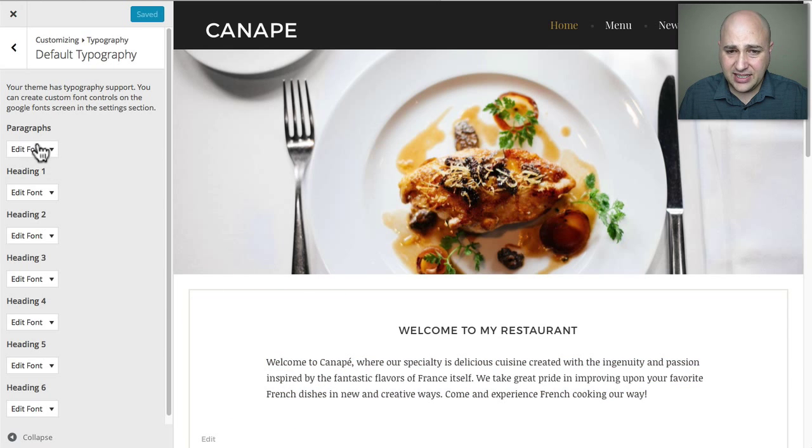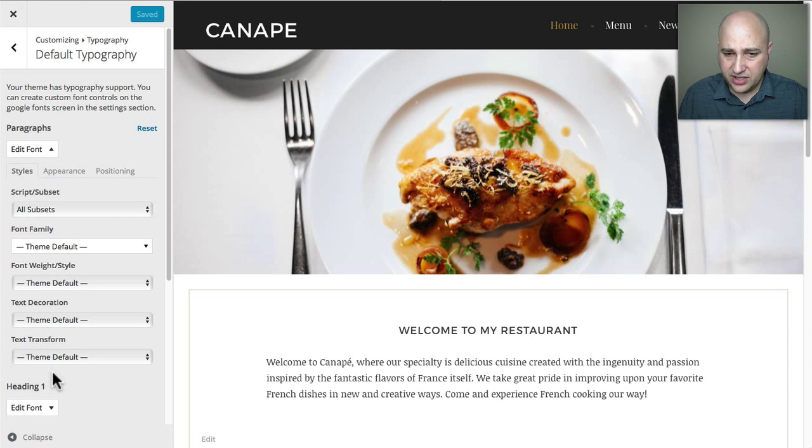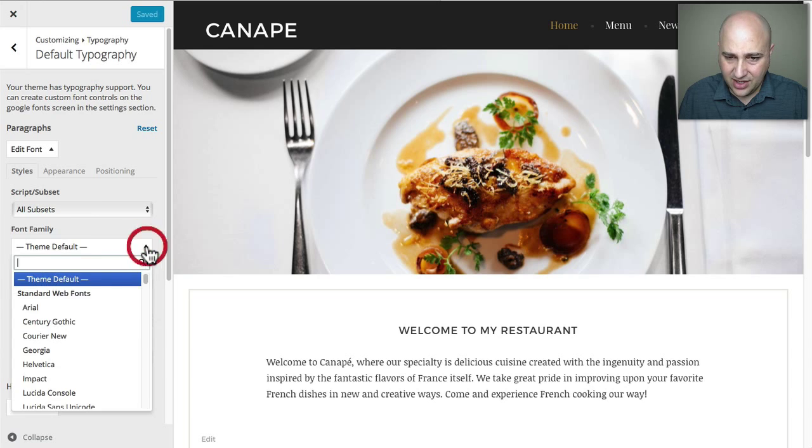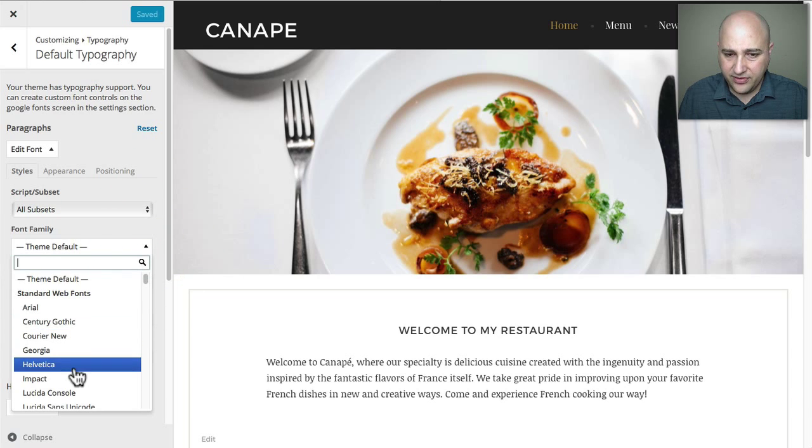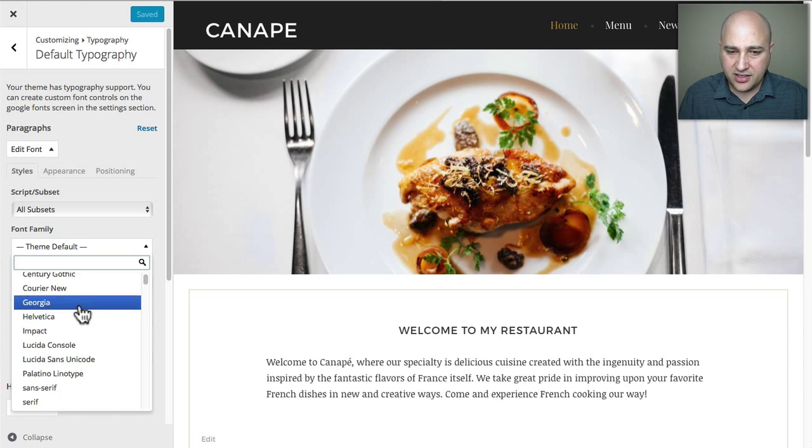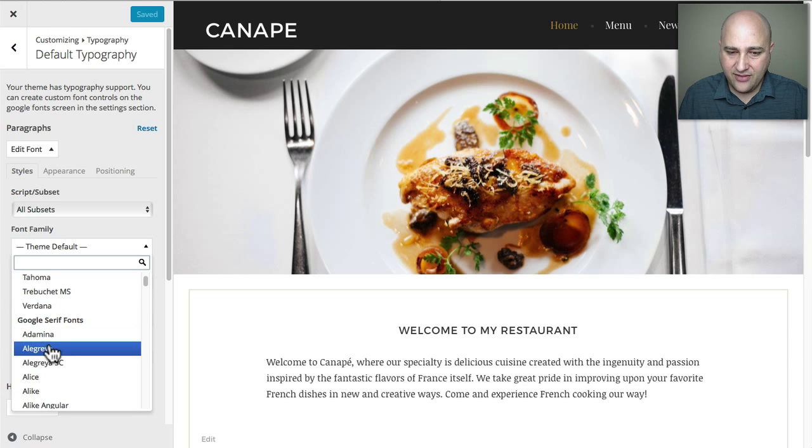Let's see if it did indeed find it. So I can click this down arrow and it's going to show this here. And then right here under font family, I can click on this arrow and reveal the different fonts that it has. Now it's going to give you standard web fonts, but what's really nice is it's going to have all these